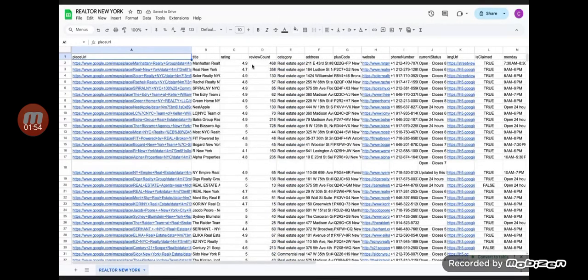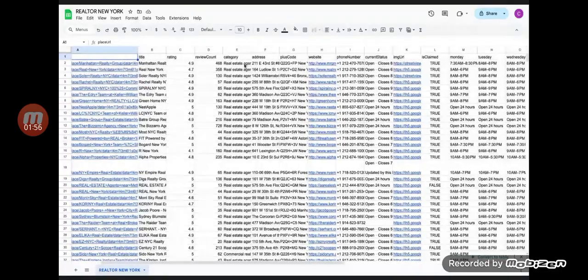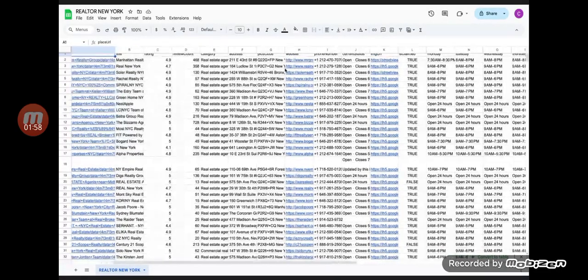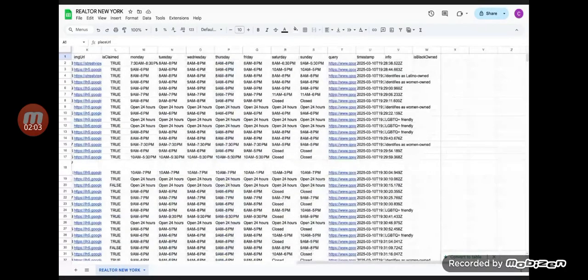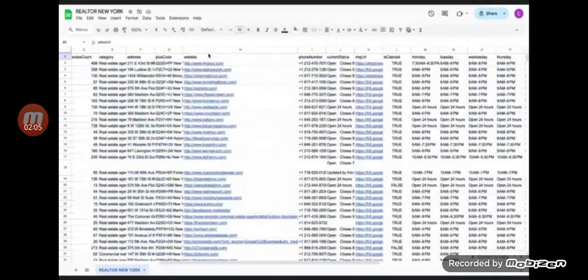You get the URL of the place, you get the title, rating, review count, so a bunch of information we could use to our advantage, right? The more information we have as automators, the better. Address. Website's going to be the most important one. Phone number, status, you get the schedule, like all this information we could use to personalize or whatever it is, right? The most important thing is